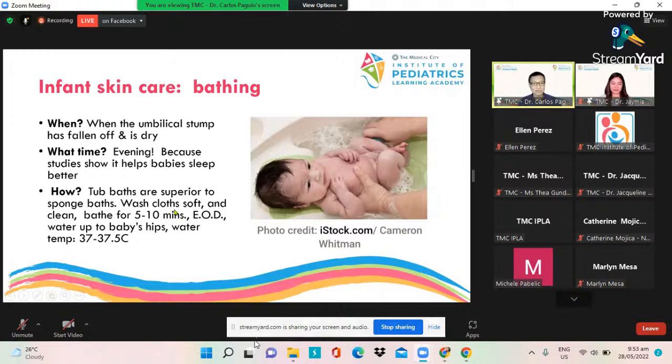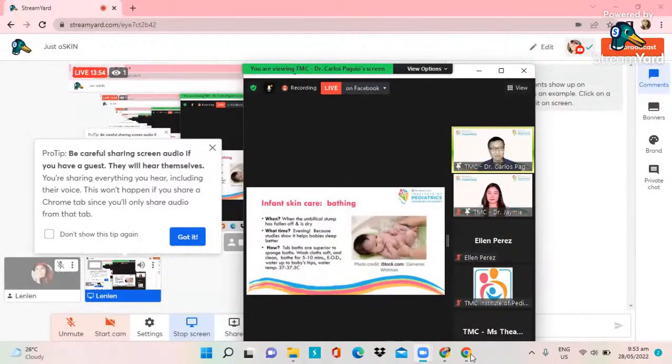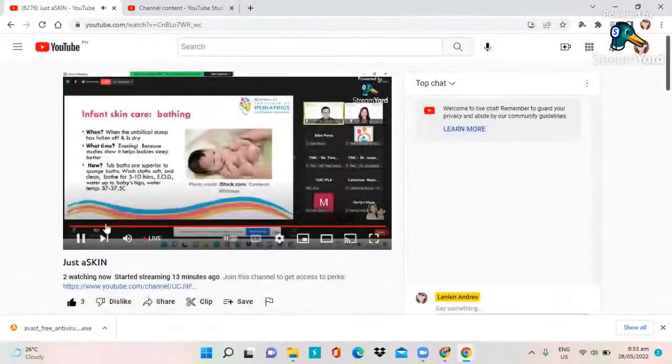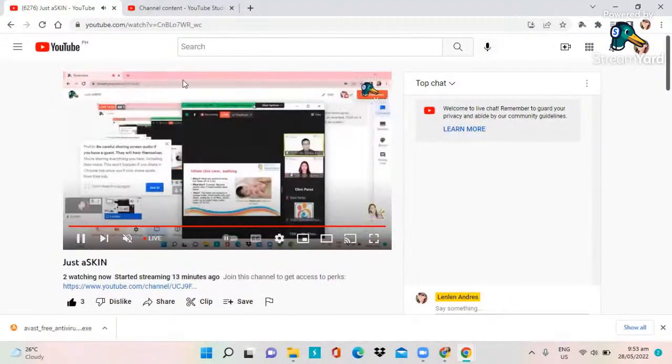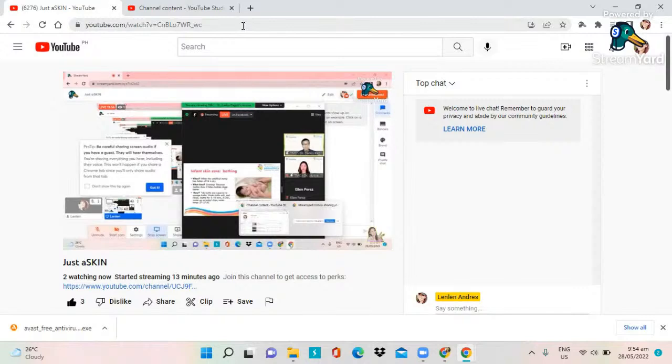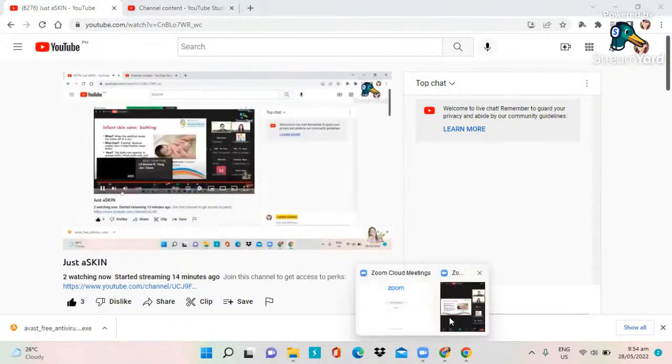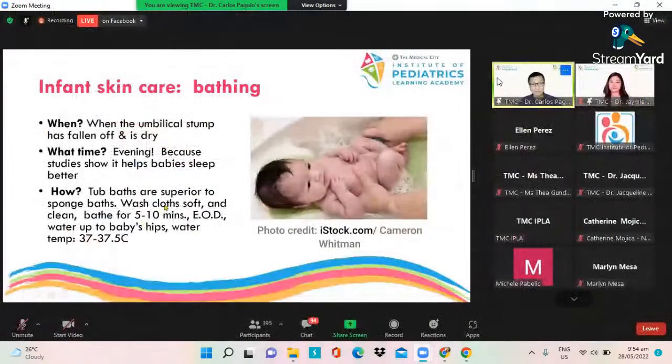There are some mothers, syempre, busy, the washcloth stays the washcloth for about sometimes 3-4 days. Yung pa rin ang washcloth na nagagamit. And then, it's not totally cleaned out after the bath. Tapos kung minsan kung saan-saan lang pinapatuyo, etc. So that's why itong ibig sabihin ng clean talaga pong clean. Kasi po kawawa naman ng baby kung medyo madumi yung washcloth, no? Just for us to keep that in mind.